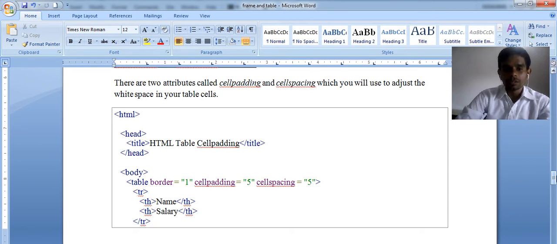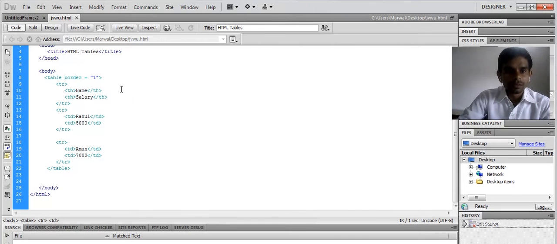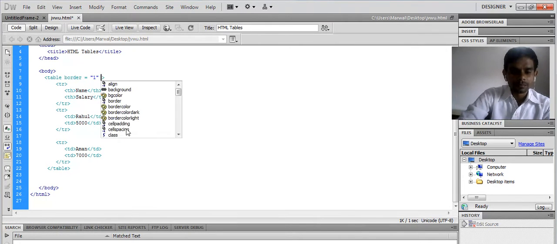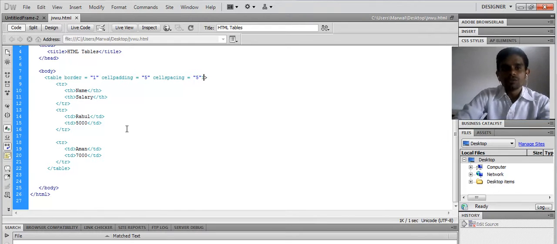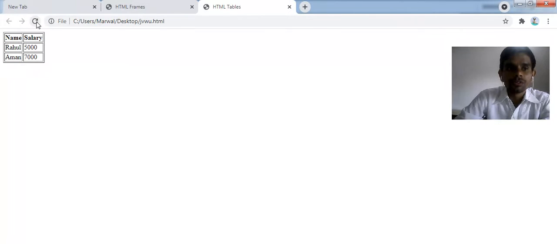Now see what happened. These are two other properties of table. I am adding two other attributes here. One is cellpadding, the second is cellspacing. Let's see what happens when I use them.